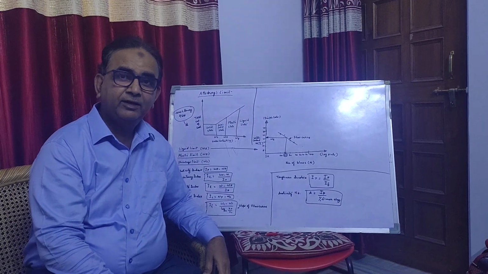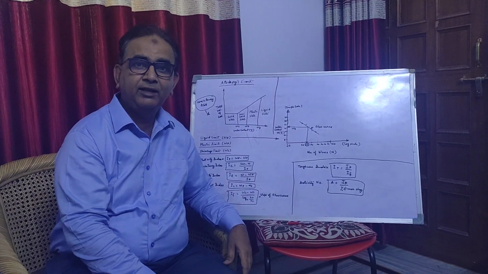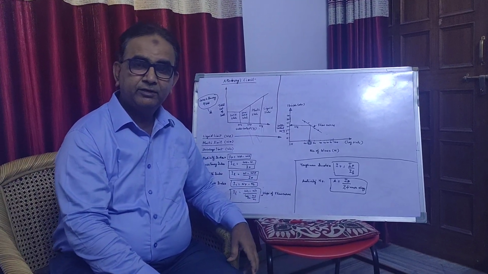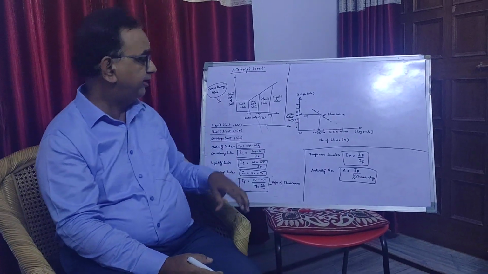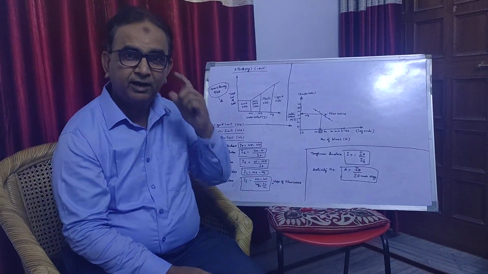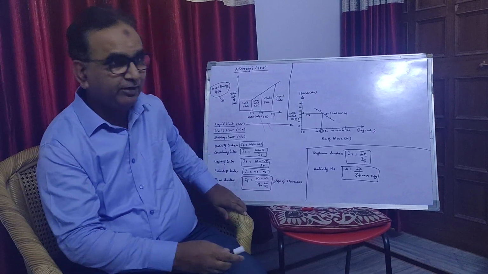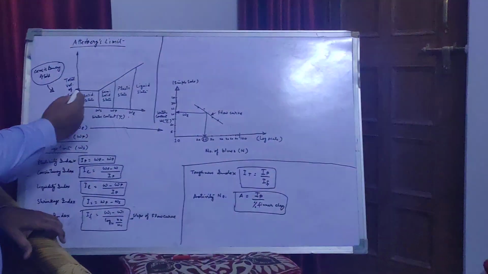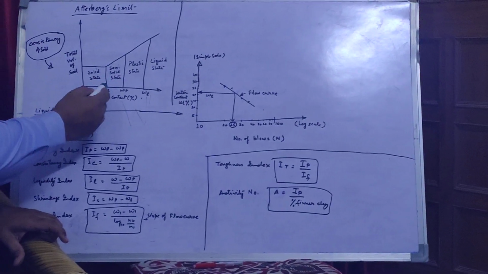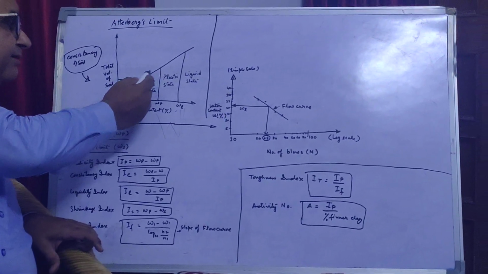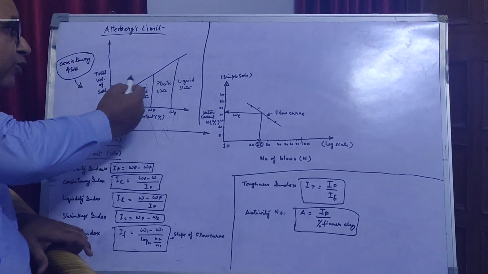Hello students, in the last video we were discussing the consistency of the soil, in which we discussed the consistency chart. If we make a graph between the volume of the soil and the water content, it will be like this. It will be constant up to a certain moisture content, then it increases linearly. As we increase the water content, the volume of the soil